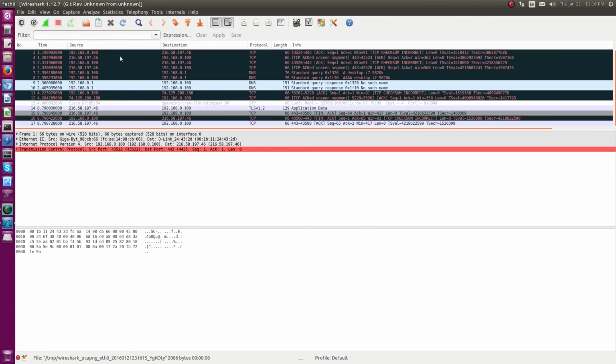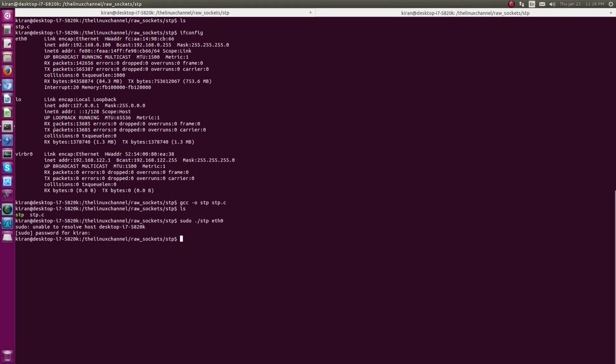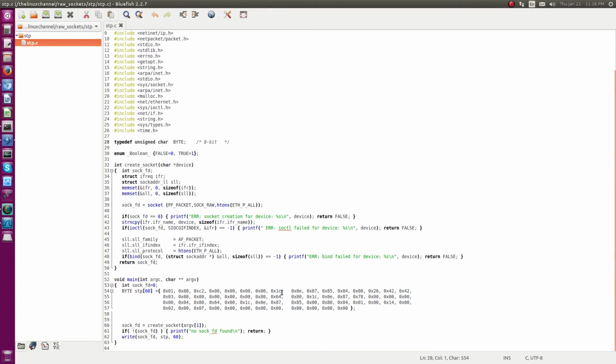Let me just stop the packet capture. Yeah, as you can see here, it has generated the HTTP packet. It's a legitimate HTTP packet. In case if you are looking for any sort of customization, please change your source MAC ID according to the MAC ID of your interface. So in this case, I have not done that. It is kind of wrong way of doing the things, but in case if you are interested in terms of changing your source MAC ID, you can just directly edit these 6 bytes over here as such,